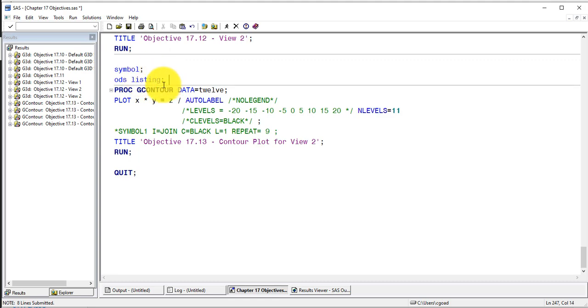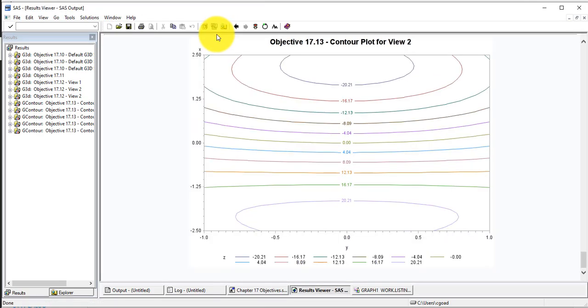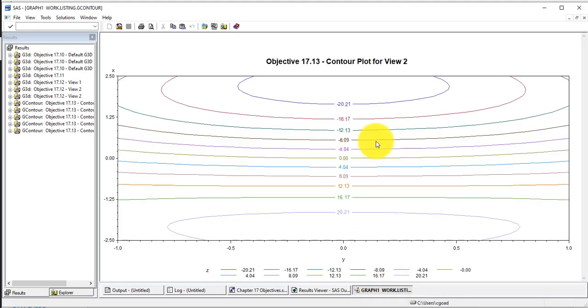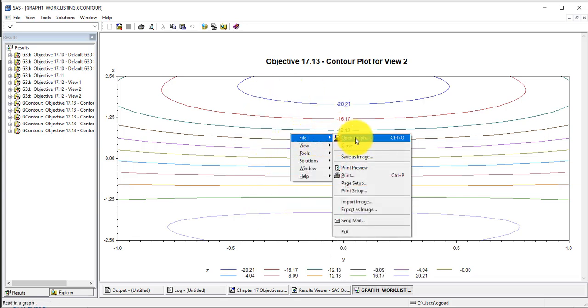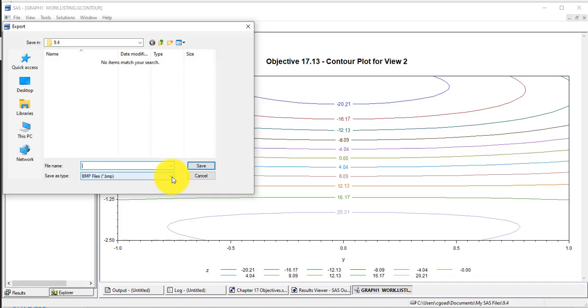If you enable the ODS listing, that means that it sends output here from our other procedures. Graphics output is a little different. SAS graph, notice now we have a new item here. It's a graph window, and it just says graph 1, and I click on it and I see a different version of that contour plot. Whatever's active in this window, I can right click and then look at filing those, and so I can export as image, and it's going to ask me what kind of image I want. And so I have all these file types in addition to PNG images,